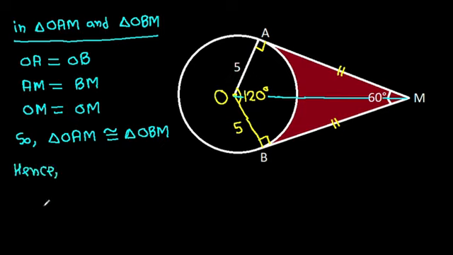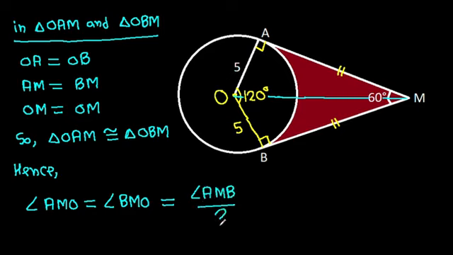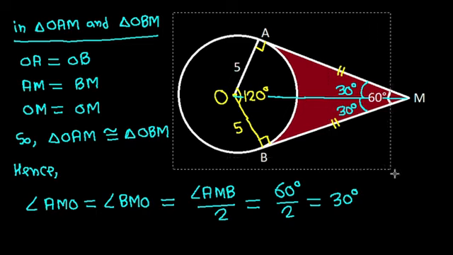Hence, angle AMO will be equal to angle BMO, that will be angle AMB over 2, and it is 60 degrees over 2, that will be 30 degrees. So this angle is 30 degrees, and this angle is 30 degrees,